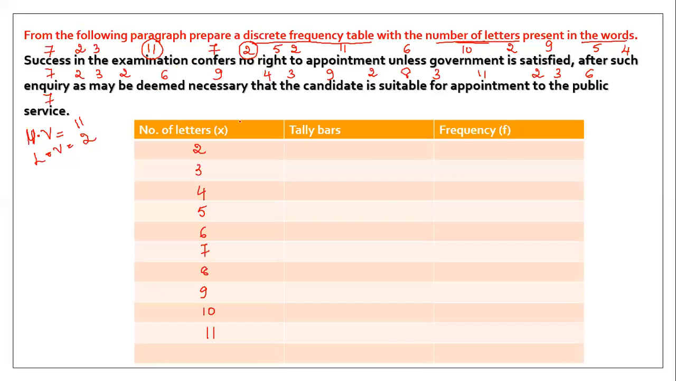Okay, so next thing is we have to put the tally bars. Now how to put the tally bars? Focus on each word, each number. First one, 7, where it comes. Okay. 2. Next procedure is same as you were doing in the previous class. It won't change. Okay. 3. We have 3, 11. So here 11, 7. Okay, 7, 2,